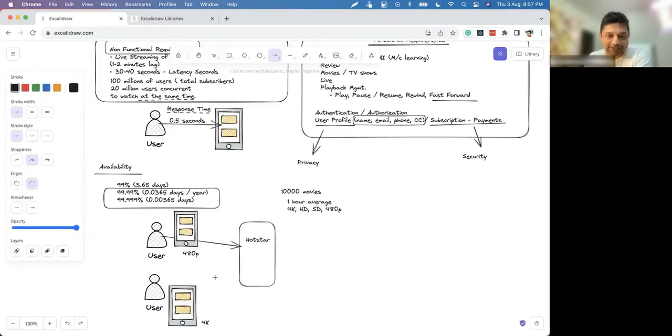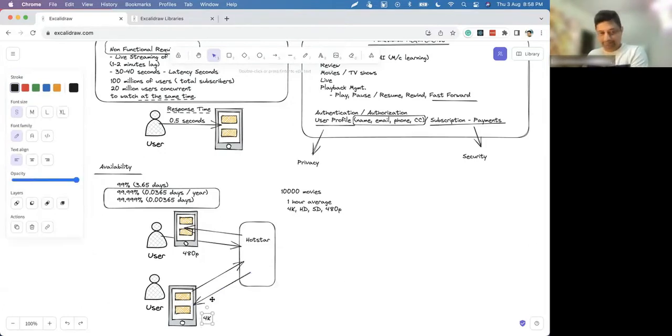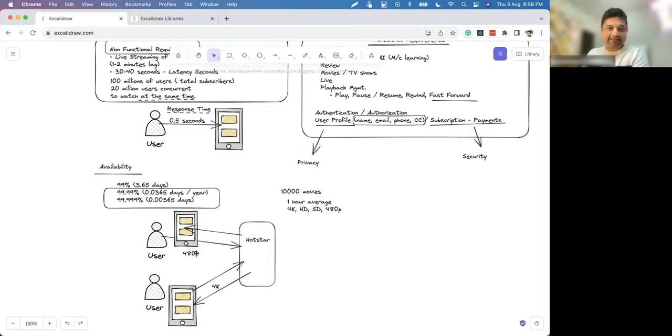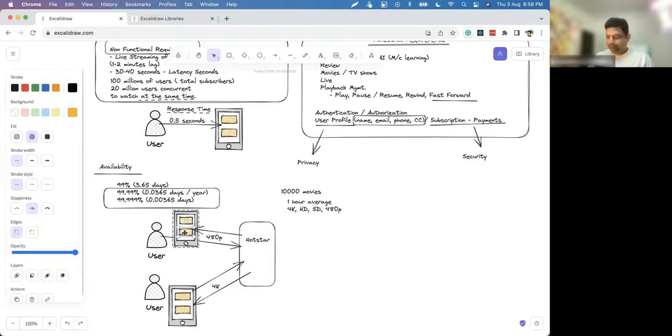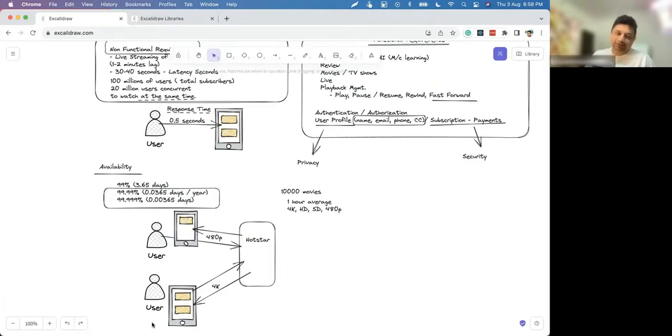He's also watching the same IPL match, Hyderabad versus Bangalore. How does the server know that this guy has the iPhone and this guy has a low resolution device? How can this detection happen, so that he gets the 4K content and this guy gets the 480p content? It doesn't make sense to transfer 4K to this device because this device is not capable of it. Right? Let me remove this.